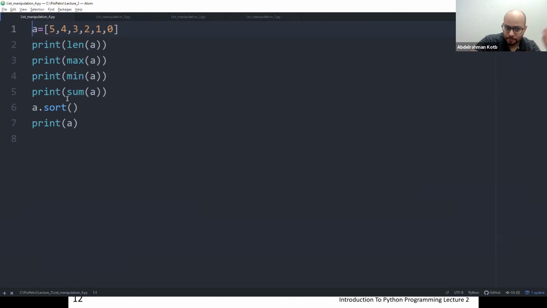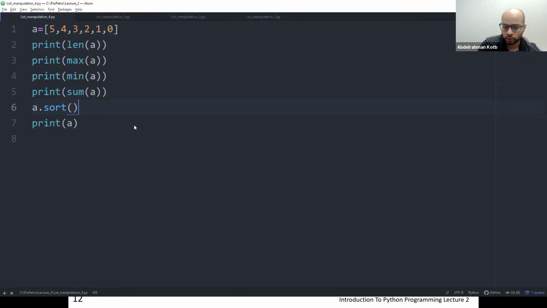And then max, min, sum. Max gives you the maximum number. Min gives you the minimum, or the smallest, number. Sum adds all the numbers. And finally, sort. By default, sort is ascending order.